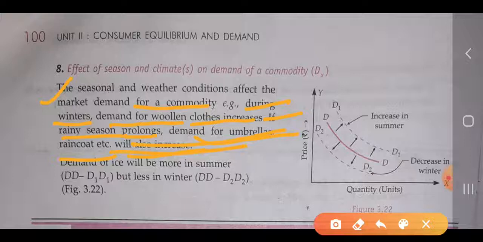If it is the winter season, more and more people will demand woolen clothes, and whenever it is the summer season, more and more people will demand coolers as well as air conditioners. So it totally depends upon what the season is. Okay. And so the demand curve will shift to the rightward. But in the case of ice cream, we have taken that the demand will be more in summer but